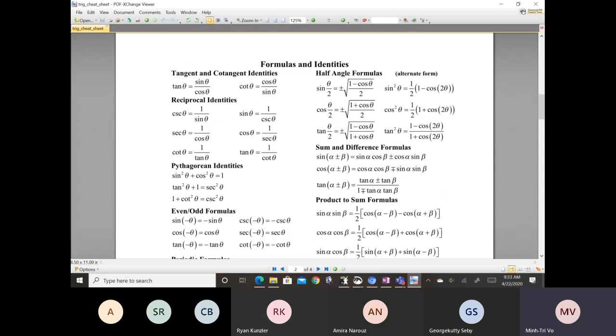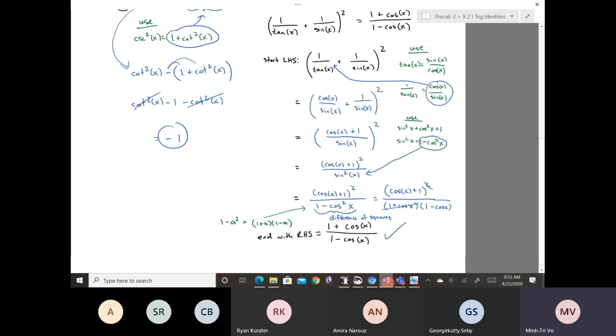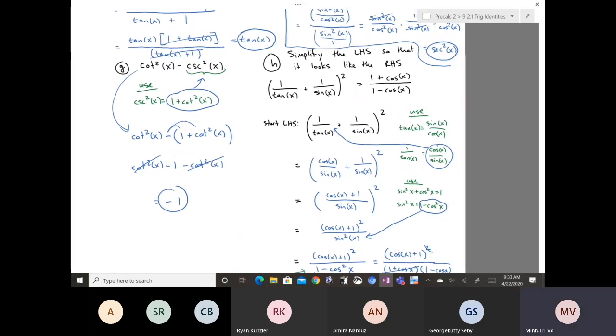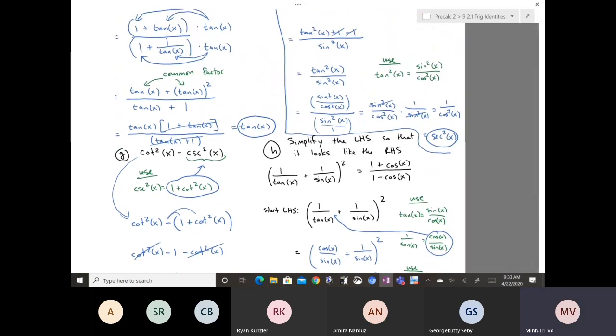So those are the ones that you're looking for. Okay, so if there are no questions on section 9.1, I want to at least get started